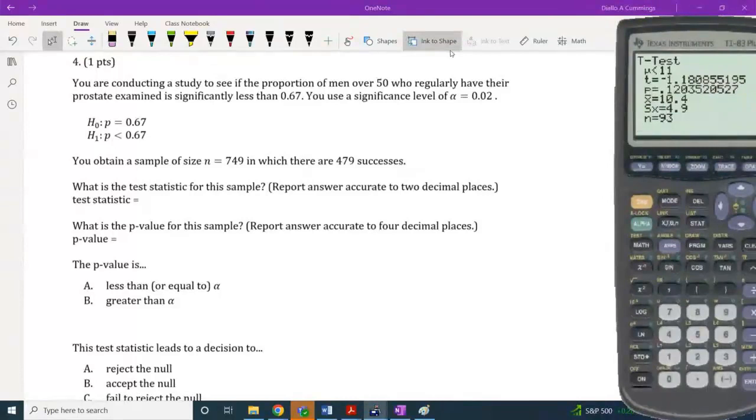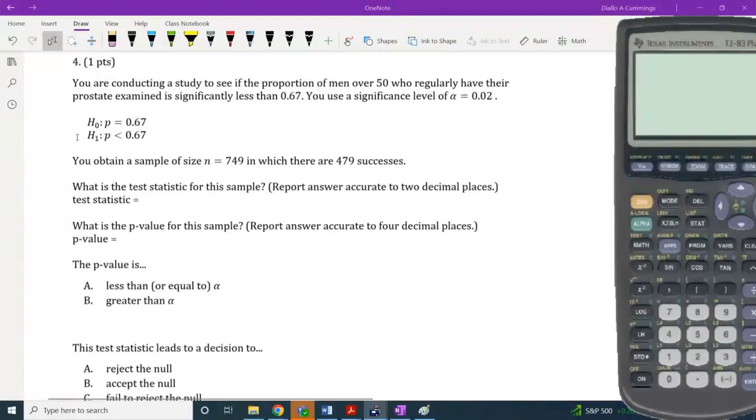Okay. So number 4 says you're conducting a study to see if the proportion of men over 50 who regularly have their prostate examined is significantly less than 0.67. Use a significance level of 0.02. They give us the null hypothesis and the alternative hypothesis. The null hypothesis is that the proportion of men over 50 who regularly have their prostate examined is 0.67. And H1,